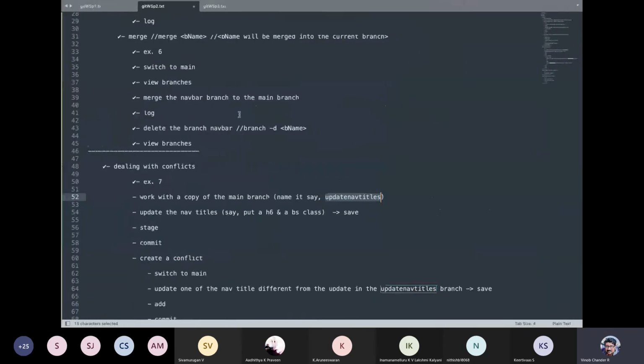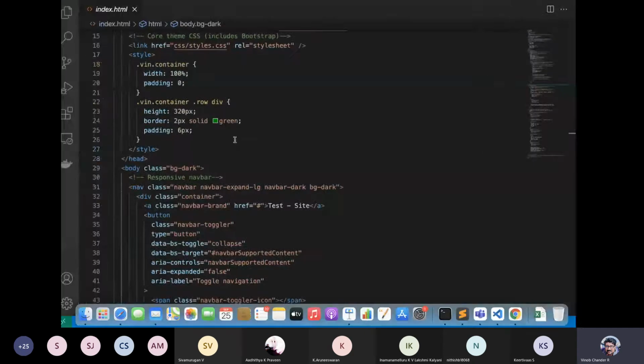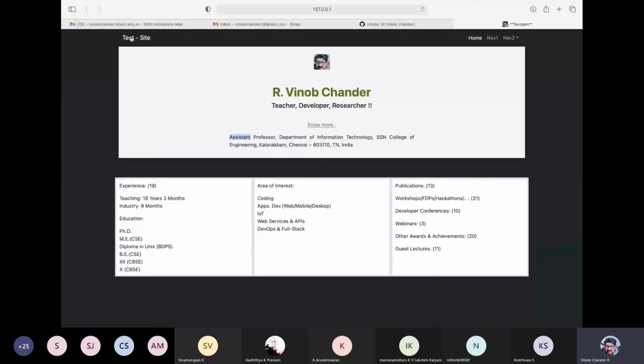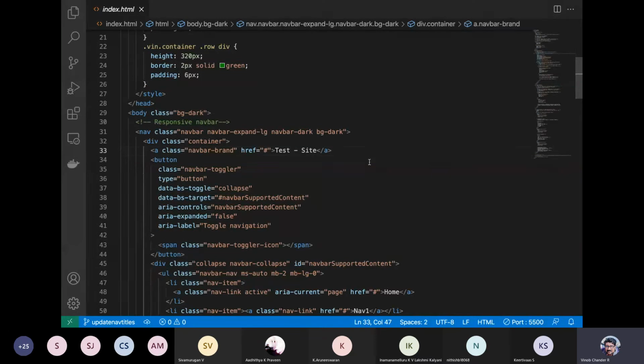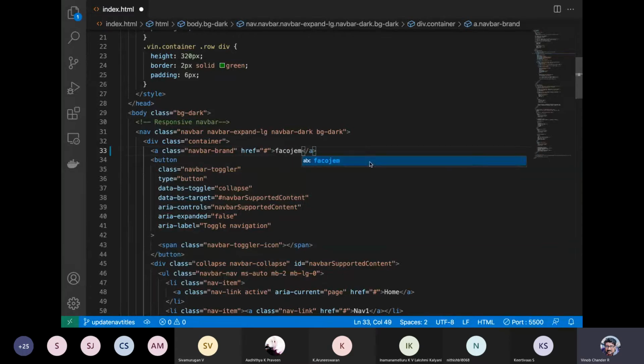Let me put this here so that I can see this side by side. I have this test site, so let me rename it to something else, say gem.